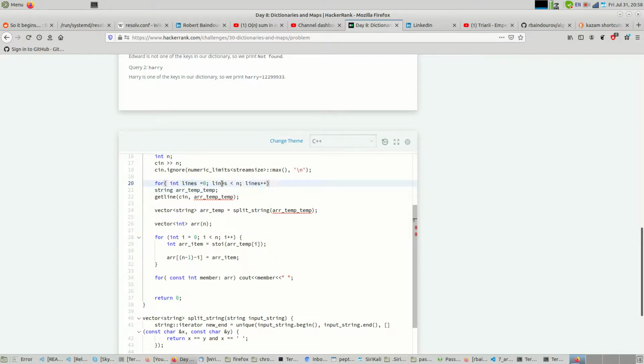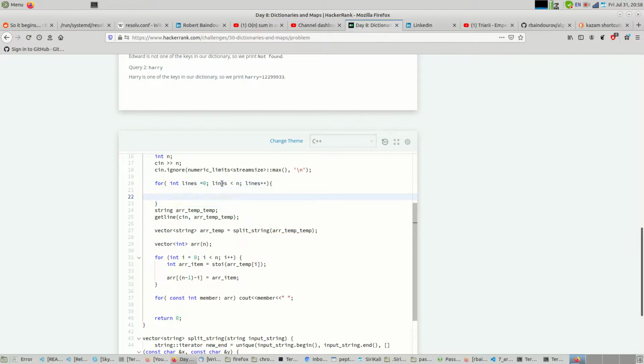So we're doing lines, and we're doing 3 of them. And when we get a line, and we split the line,